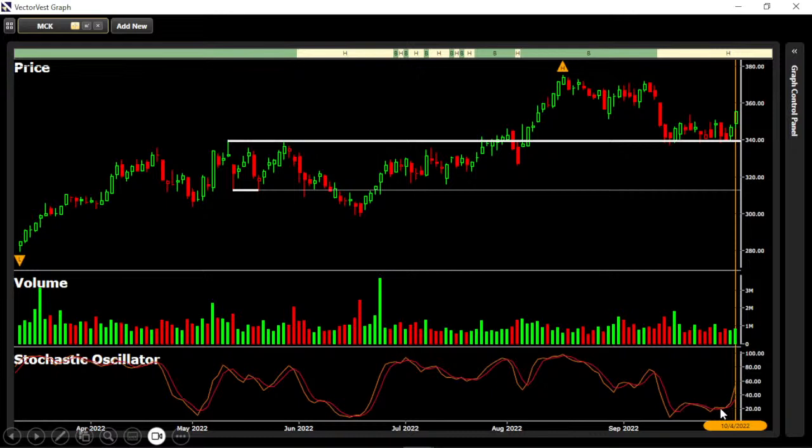The stochastics oscillator, here's another technical indicator that traders use to identify oversold and overbought situations. When the stochastics oscillator gets below 20, you're in an oversold situation and you're looking for an entry. That entry is when the stochastics oscillator goes from below 20 to above 20, which it did on the breakout day. So you had a retracement off of support with a bullish stochastics crossover on a fundamentally strong company that